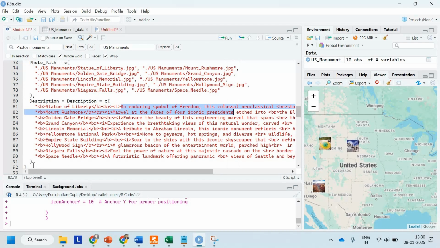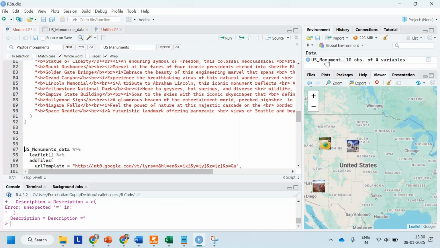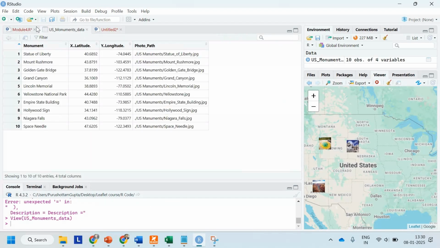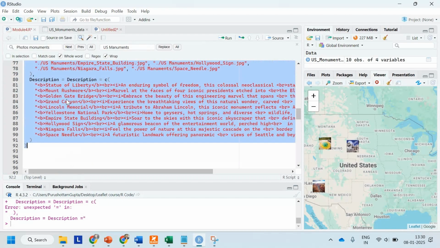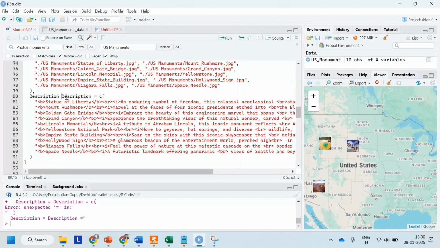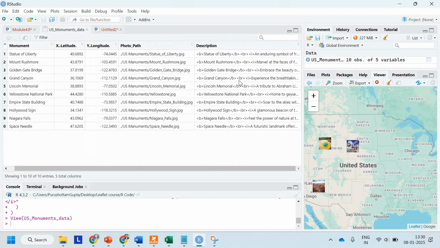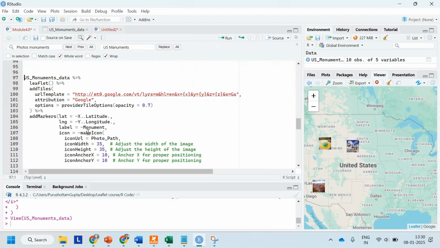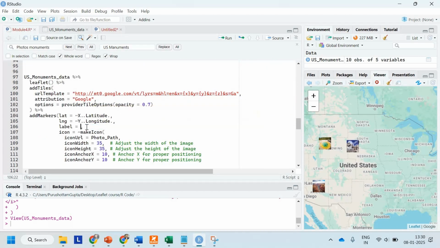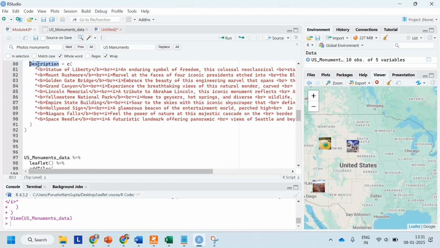So if I run this code again, and if you want to see this, then it's not showing. Oh sorry, here we have description 2 times. So I have to remove this, and again I need to run this code, and then if you want to show, then we have the description here in an HTML format. So what we can do now, in HTML we can provide a lapply, just like a for loop, and within that we can provide a description,